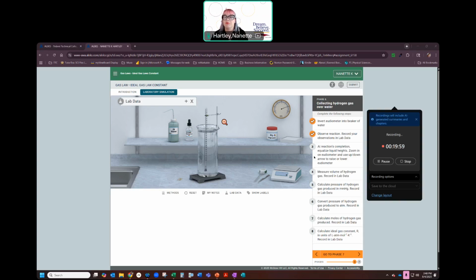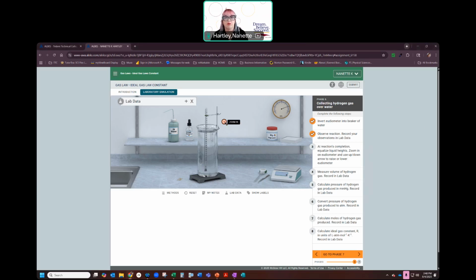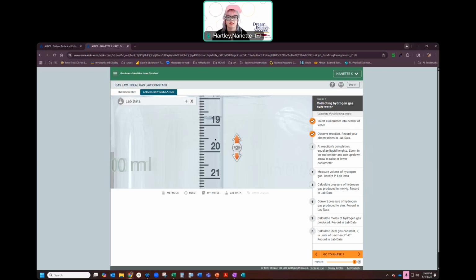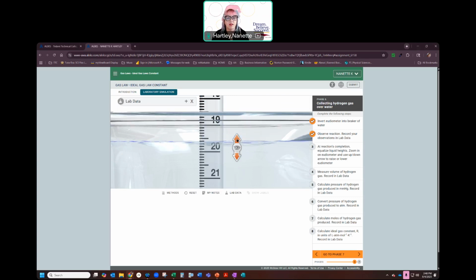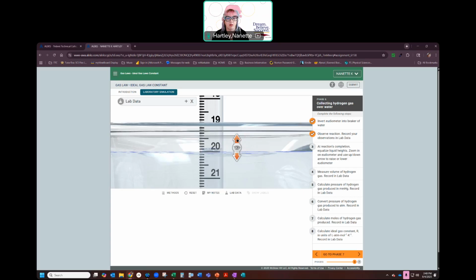So now I'm here. And it says at reaction's completion, equalize the liquid heights. Zoom in on the eudiometer, and use the up and down arrows to raise or lower. Okay, so I zoom in and I see that this is my meniscus. So I'm going to raise it because it says to raise it. And now I see that there's a liquid line right here, and I need to make this equal to this. Okay, so I go up, and I know I need to keep going. So maybe there, maybe there, maybe there. So I'm going to try this. And if I look at this, now